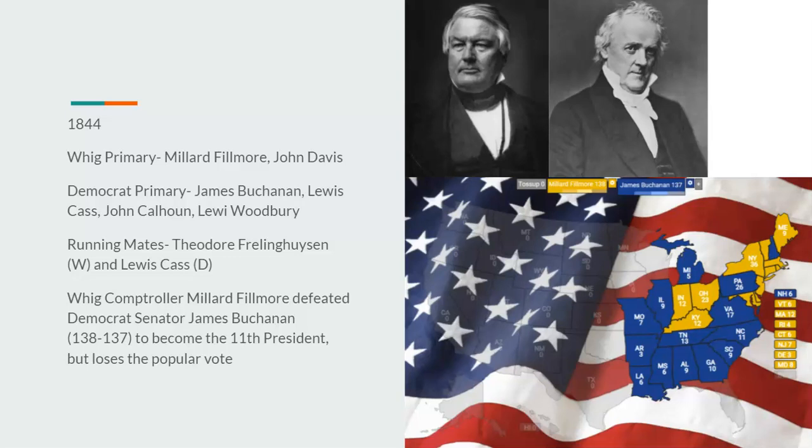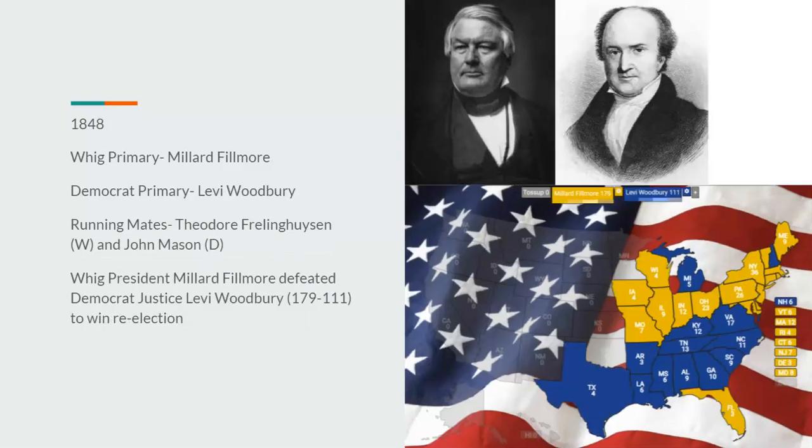In his first term, we would see the annexation of Texas, the Mexican-American War, the Oregon Treaty, which establishes where Canada is and where the U.S. is. So we get Washington and Oregon, and the Treaty of Guadalupe Hidalgo, which ends the Mexican-American War, meaning Millard Fillmore is a lot more popular in this timeline than he is in our reality.